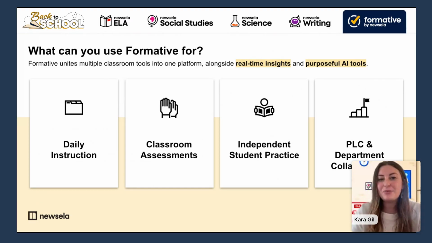One of the tools we have here at Formative is a flashcard system. So with practice sets, is what we call them, you can actually build in flashcards, matching, quizzes, and gamify learning